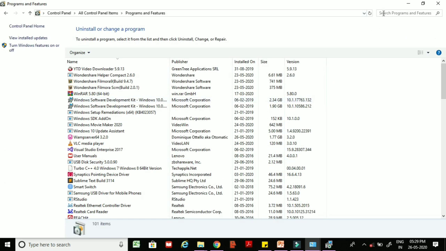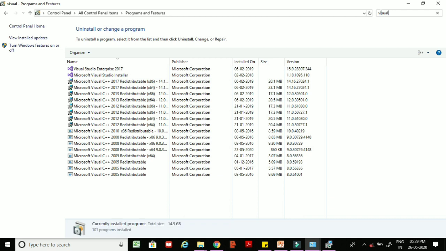Now search Visual C++ in the search box. See, I have installed all the versions of Visual C++ so that there will not be any problems while I install WAMP server. So after confirming that I have Microsoft Visual C++ installed on my system, the next step is